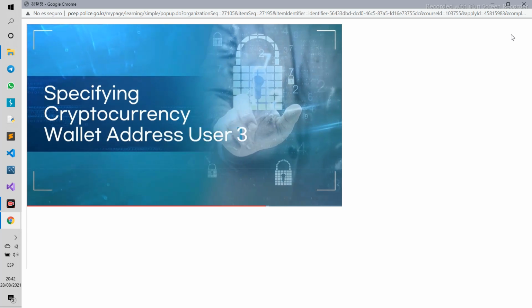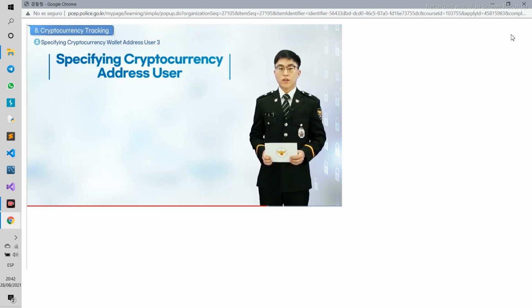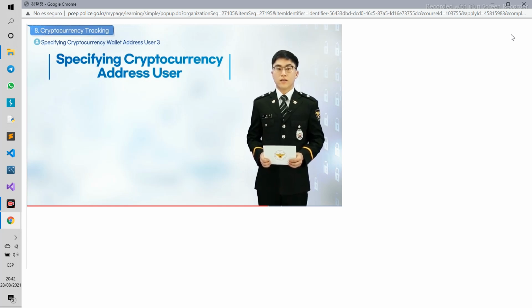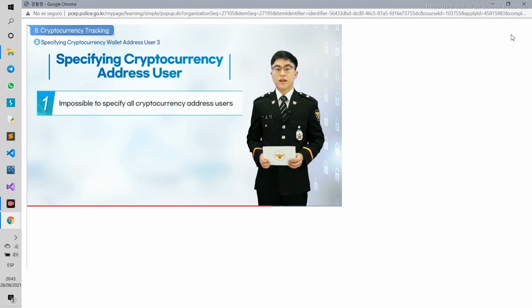Specify cryptocurrency wallet address user 3. So far, we learned about ways to check the transaction information of cryptocurrencies. Now, we will learn about ways to specify the user of the cryptocurrency address. In fact, it's impossible to classify the users of all cryptocurrency addresses. However, it is possible